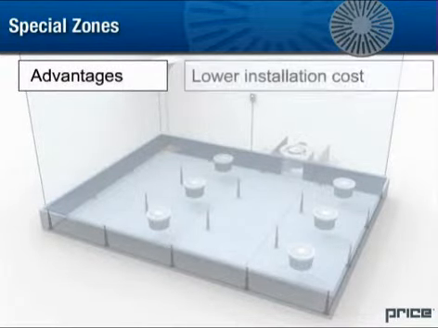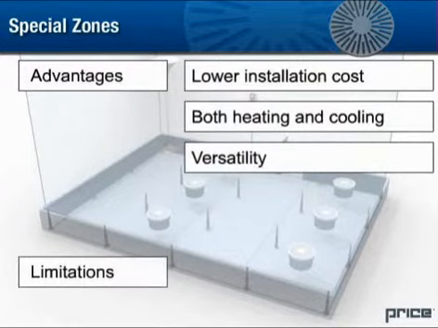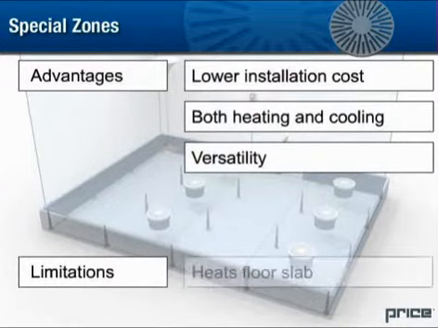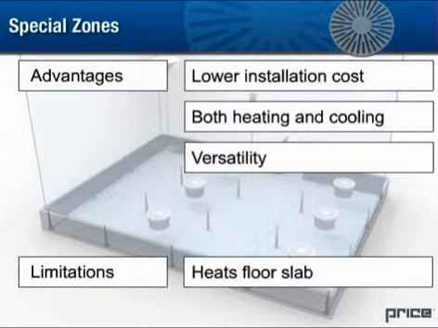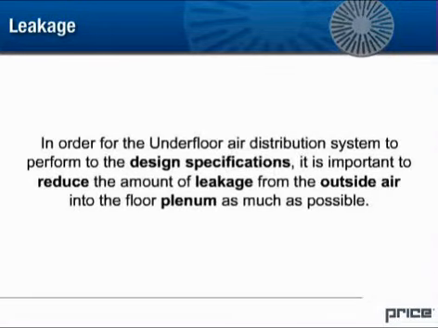Advantages with this option are lower installation costs, it can do both heating and cooling, and it is versatile. Limitations in this system exist in that it is generally discouraged to heat the floor slab, but for small zones it's acceptable. In order for the underfloor air distribution system to perform to the design specifications, it's important to reduce